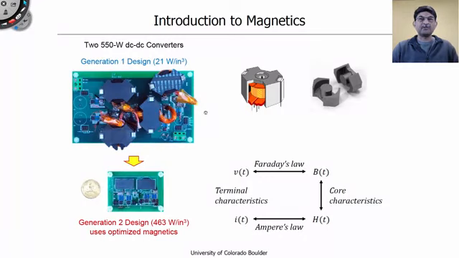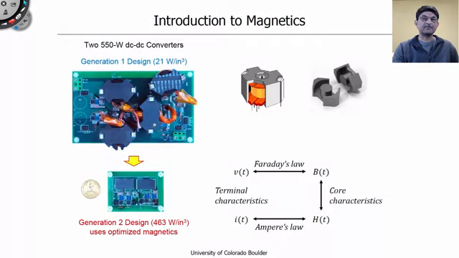Inductors and transformers are typically also the largest component in a power converter. You can see this in this example shown here. This 550 watt DC-DC converter uses 3 inductors and 1 transformer. As you can see, more than half of the board area and most of the volume is consumed by the